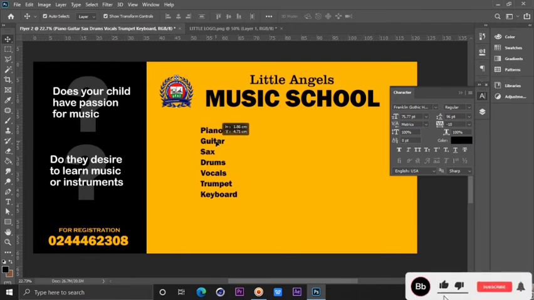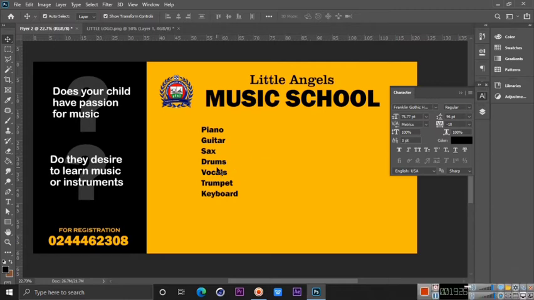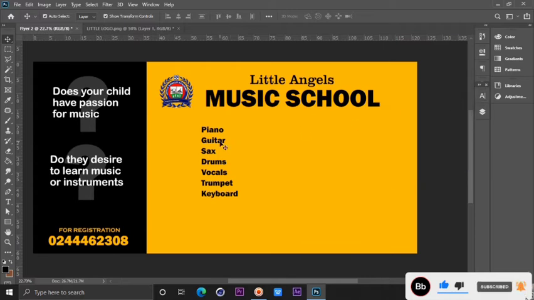Okay, so I think this place is cool for the design. Okay, then I will hide the character palette and duplicate